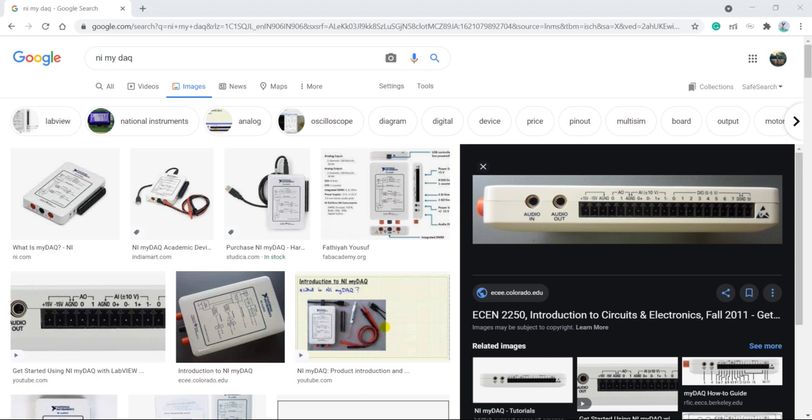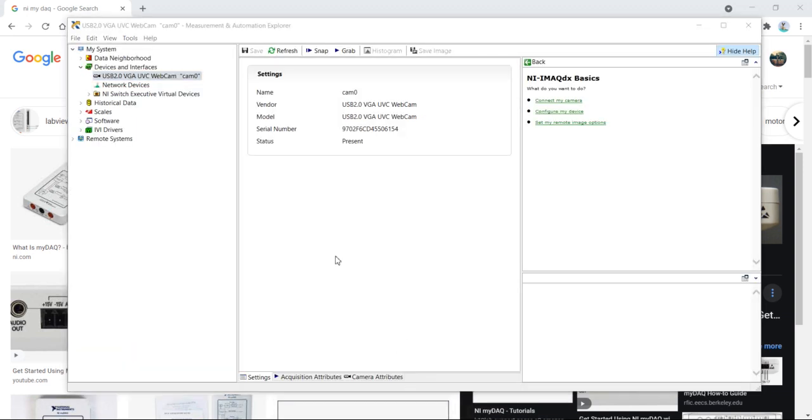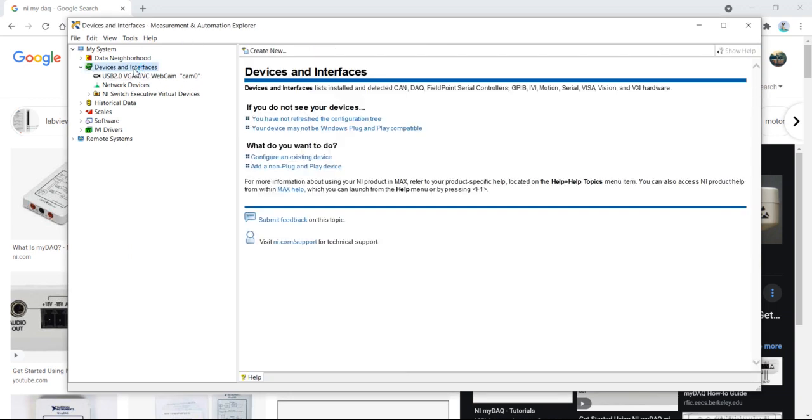Now let's create this NI DAQ. Try to create this NI DAQ here. For that, right click on Devices and Interfaces. You will get Create New. Right click on Devices and Interfaces, you will get Create New.